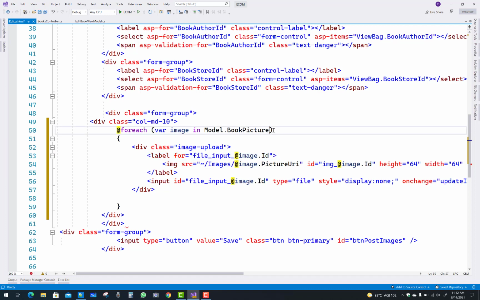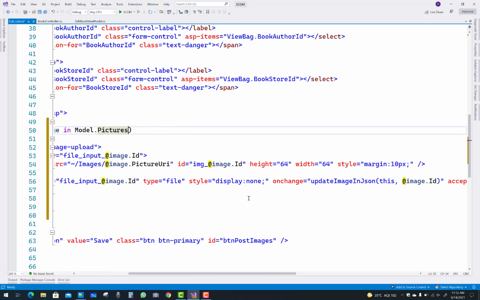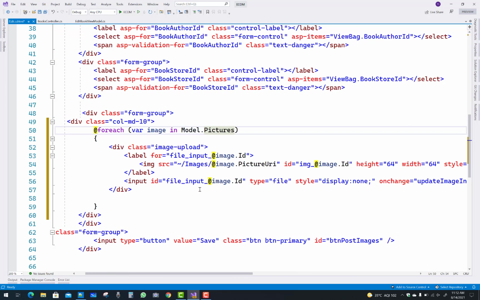In the divisions we have a foreach loop, and in the foreach loop we have an image upload division, where image upload is the class name, and one label control with the input image ID. For the image we have a src of image dot picture URI, and the ID property is image underscore, then image dot ID.